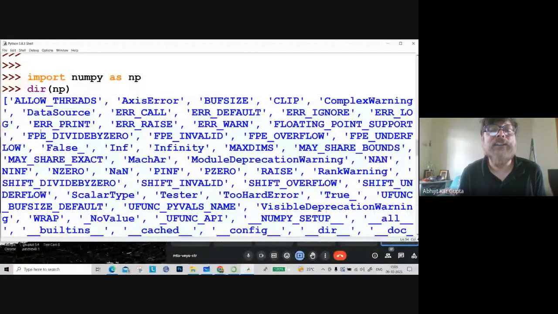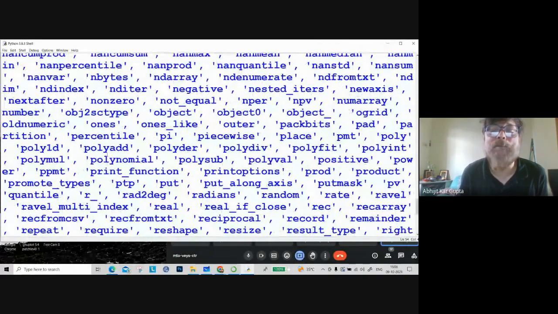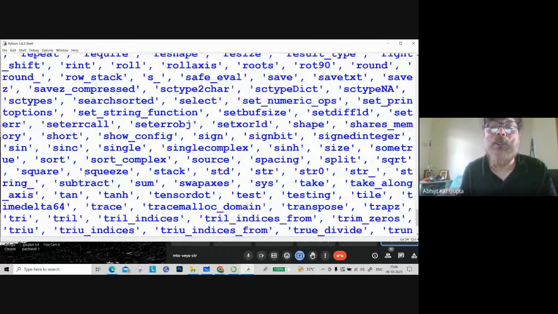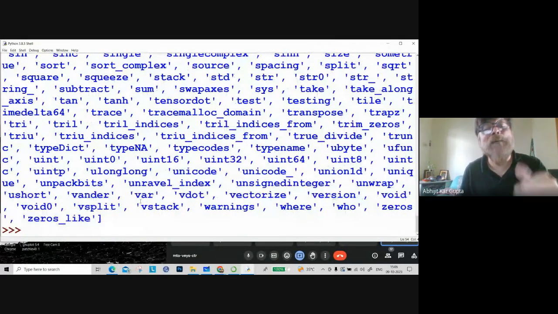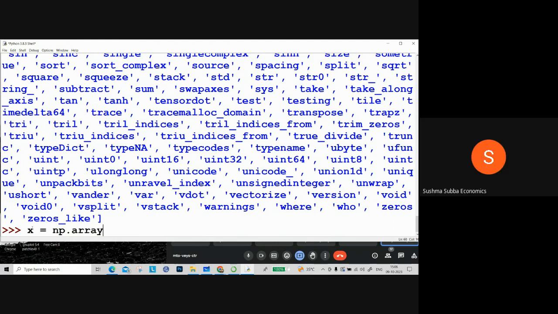the directory of NumPy is here. It's a huge library. You see lots of names. Some of the names are even another library, that means they are again modules, and inside the modules there may be submodules. So you can explore all of them, and some of them are mathematical functions and all kinds of things. I'll give some examples. Inside NumPy, there is a function called array. So if you write, for example, x = np.array